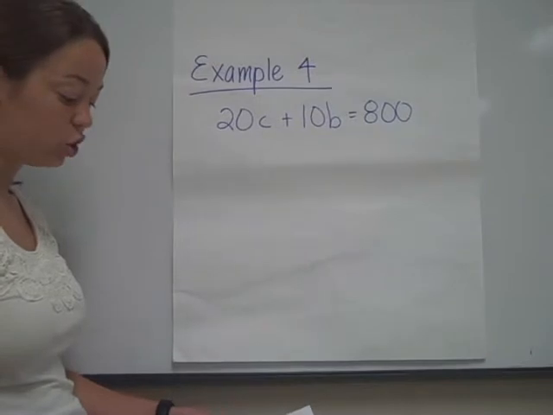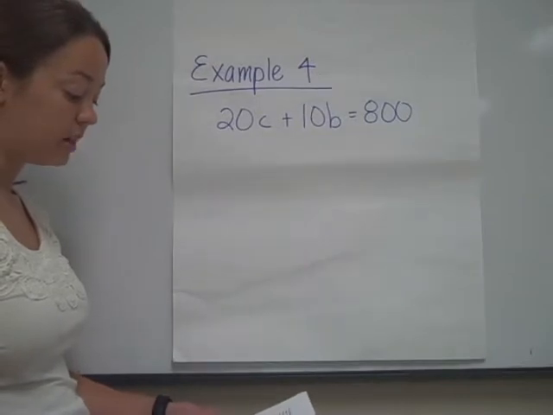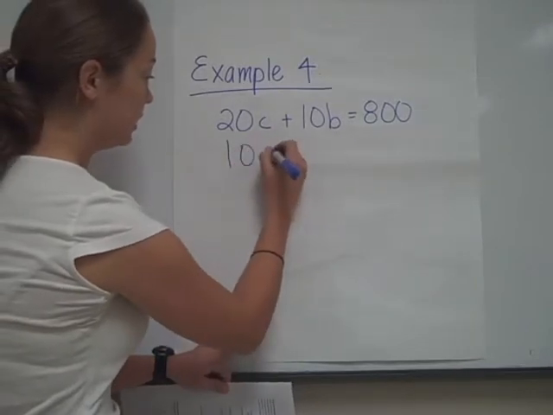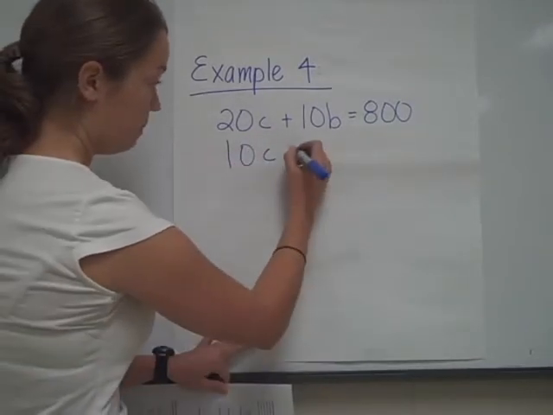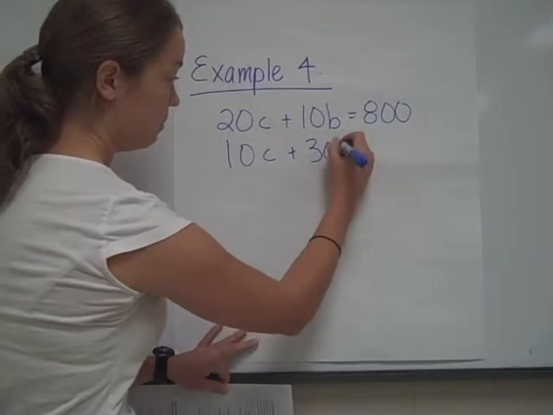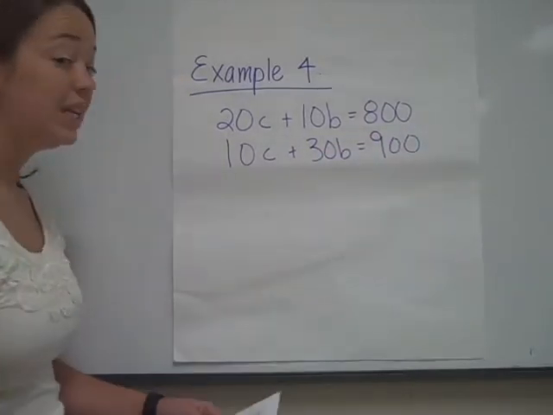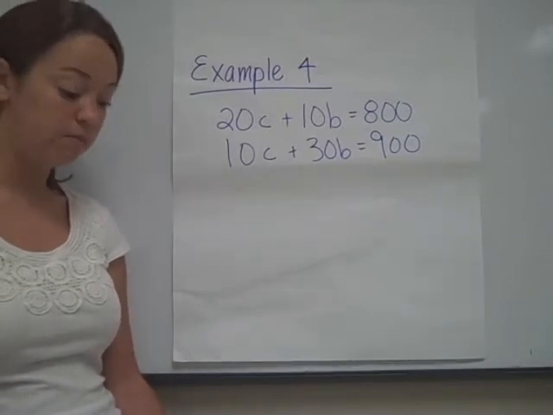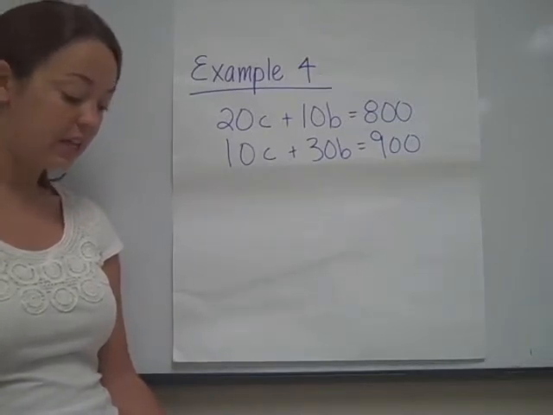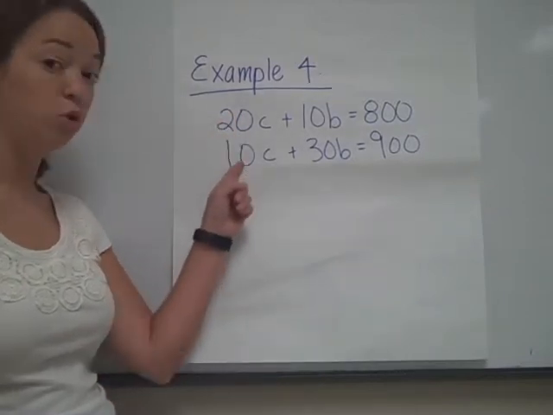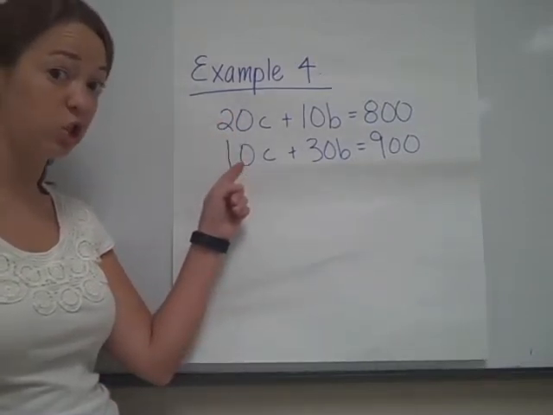Then our second equation, we know that we have 900 minutes of oven time or baking time. So 10C plus 30B equals 900. Now, we need to choose which method is going to be best to solve. In this case, I'm going to choose elimination because I can easily remove this by multiplying my second equation by